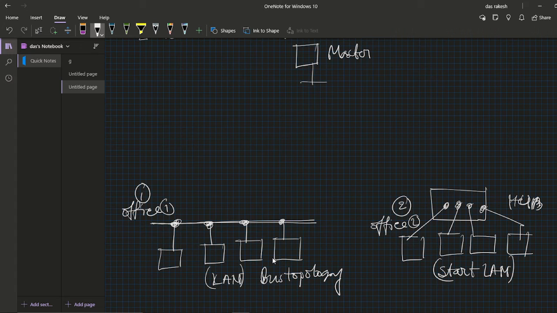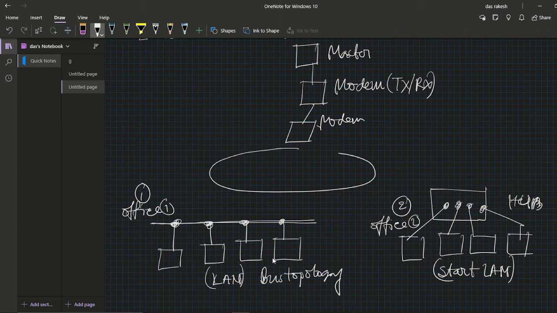So here we connect first one modem. The full form of modem is modulator-demodulator. Basically it has two working functions, transmit and receive, and then we connect from here a point to point WAN, because this office is placed in a far location with respect to this office. So this is another modem which is connected to the LAN, and there must be a switched WAN present, because the data traffic goes from one location to another location. So there must be a switched network. This is the symbol of a switch, okay. So between this switched network,